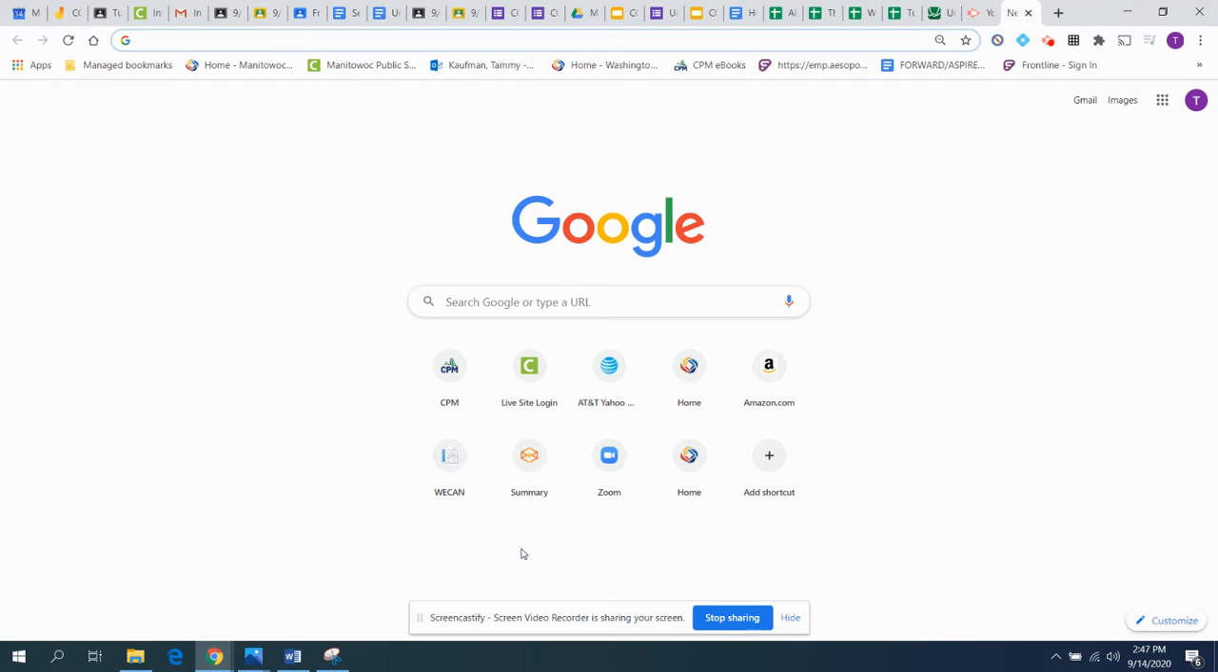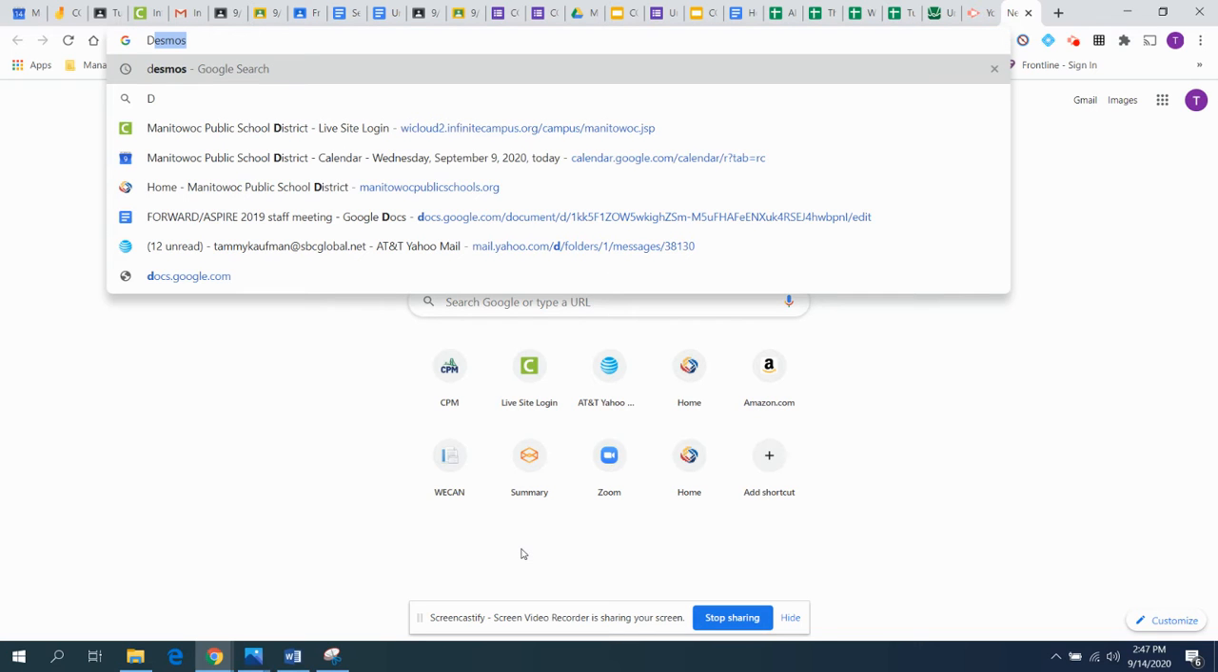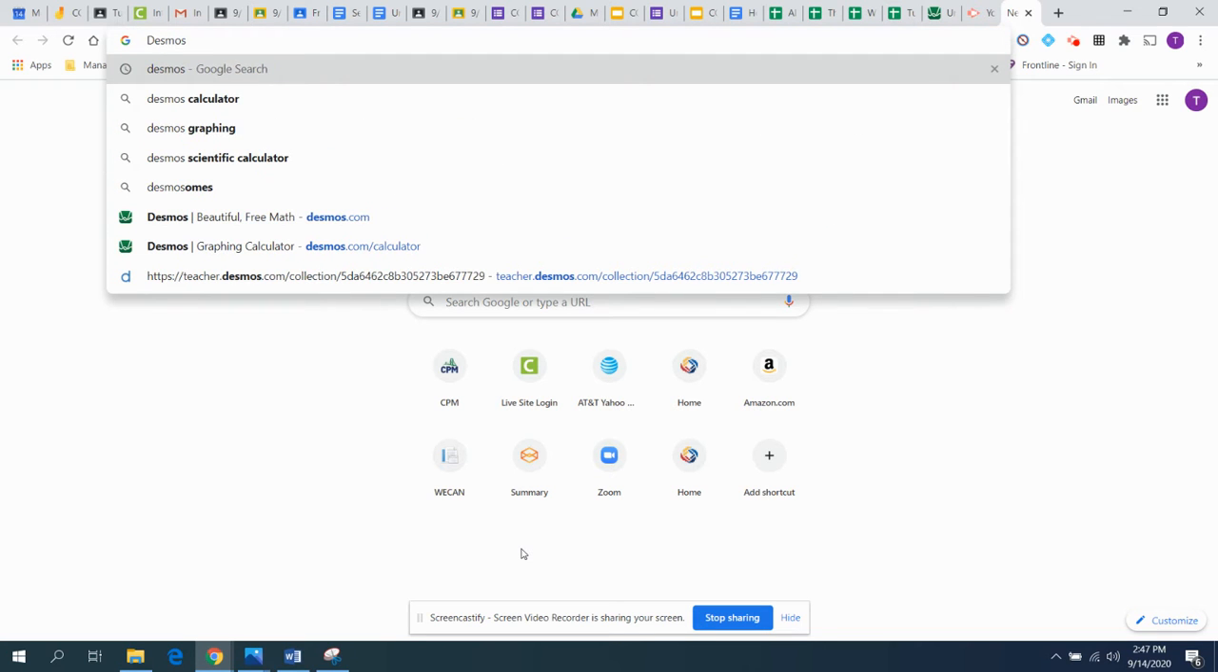Hi there. So today, actually all this week, you are going to be making some graphs on Desmos. So I wanted to walk you through the steps on how to use Desmos. It is our online graphing paper. So if you type in Desmos, DESMOS.com,